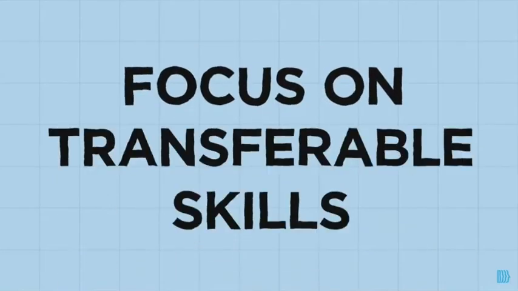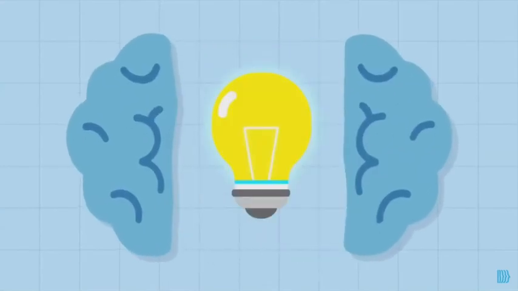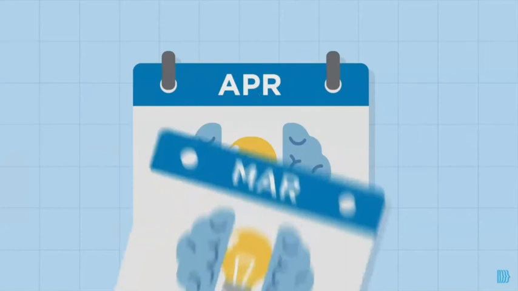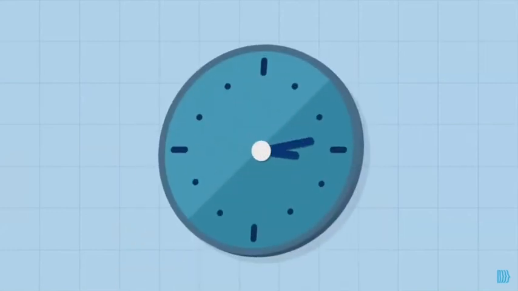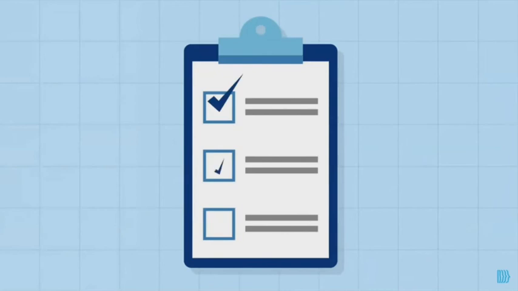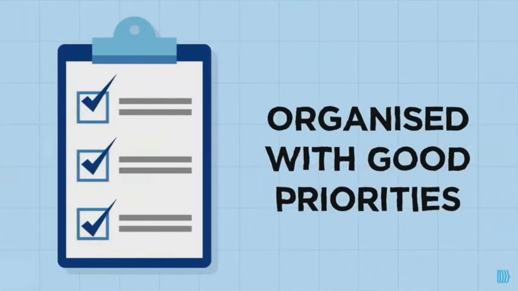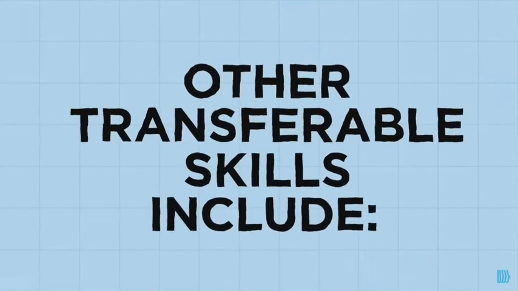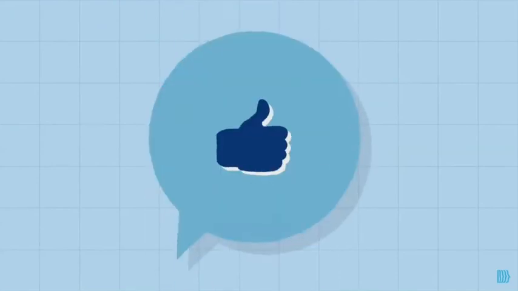Employers love it when you include that you have skills to do certain tasks. So brainstorm. Think about the times you've applied transferable skills to your everyday life. Do you meet deadlines for projects at school? This is an example that you are dedicated and motivated. Are there any times in your life when you created a to-do list to accomplish something? This is an example that you are organized and prioritize your tasks and requirements. Other skills you may be able to include are communication skills, listening and writing skills, people skills, compassion, confidence, and motivation. So, what sets you apart from others?